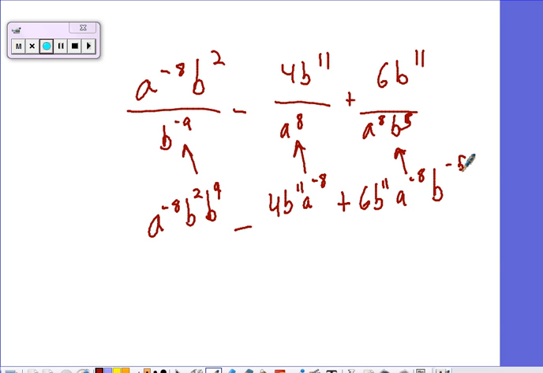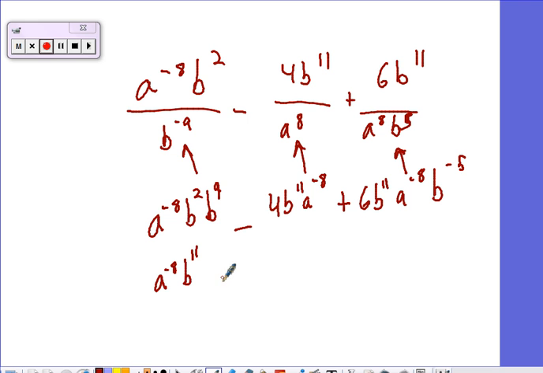With me so far? Okay, all I did was move stuff up and change the signs. In essence, that's what I did, because I'm doing the reciprocal. Now, on each of those three terms, I'm going to combine each term part first. So when I do that, I get a to the negative 8th, b to the 11th, because 2 plus 9 is 11,